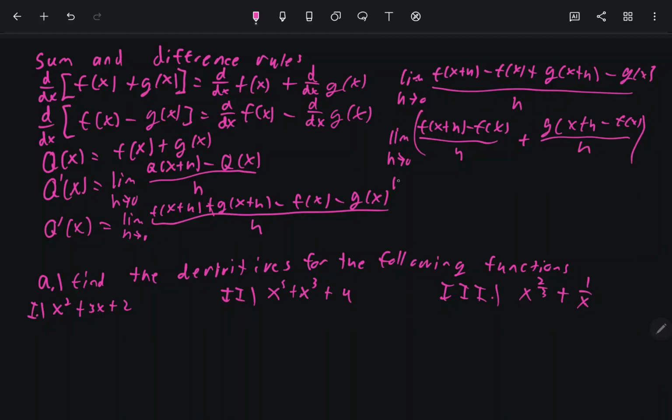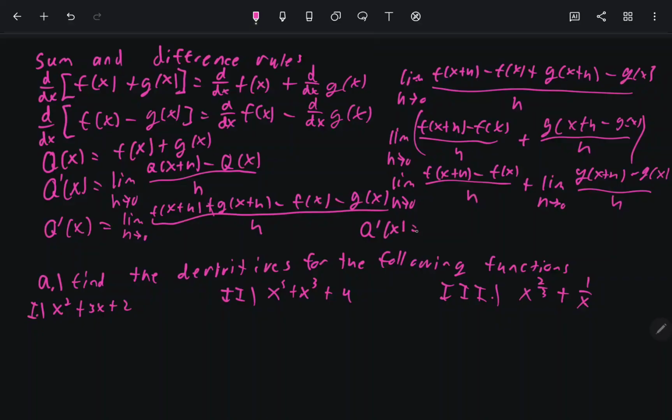We can use our properties of limits and say that the limit as h approaches 0 of f of x plus h minus f of x all over h, plus the limit as h approaches 0 of g of x plus h minus g of x all over h. And that's true. We can break down a limit as such using our limit properties. And now for the final show, the derivative of the sum of x is equal to,